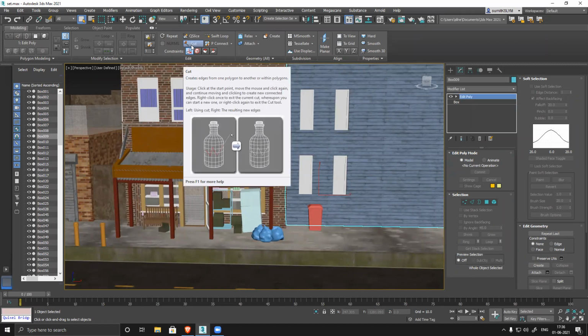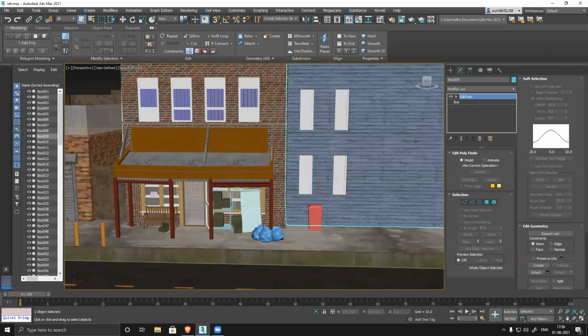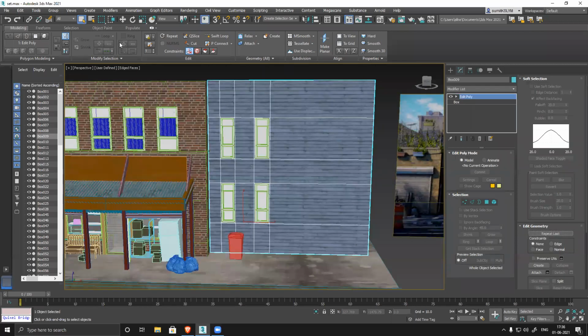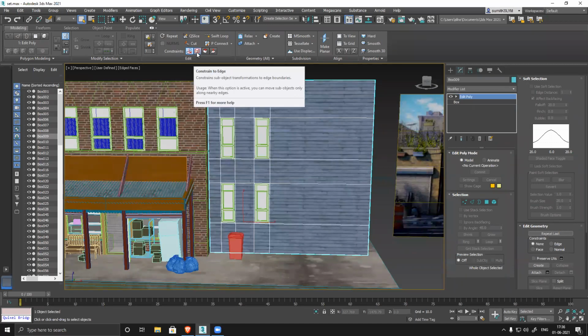I don't remember. But that is something, if you want to use it, select the model. Just click here. It's here only. So you can see, you can cut, slice, and you have all the elements and everything. This is constraint to edge. This is face, and this is your one part to no constraint.